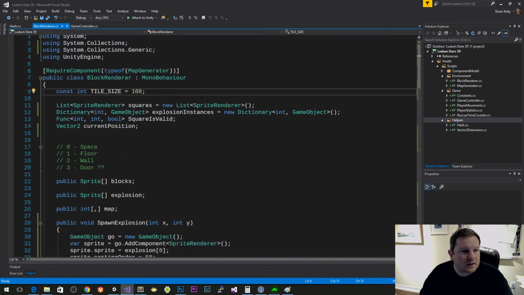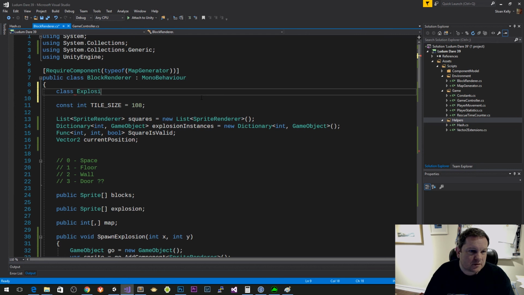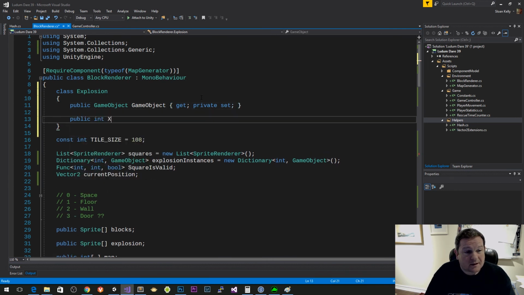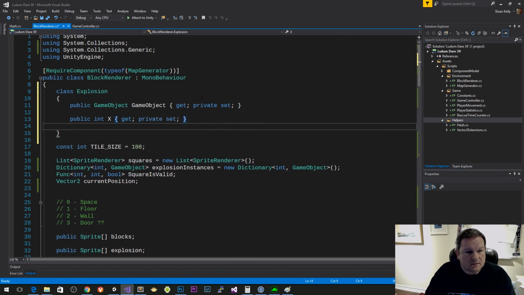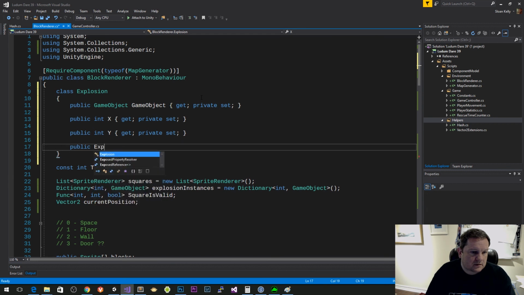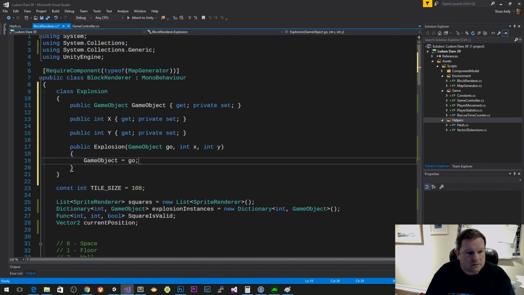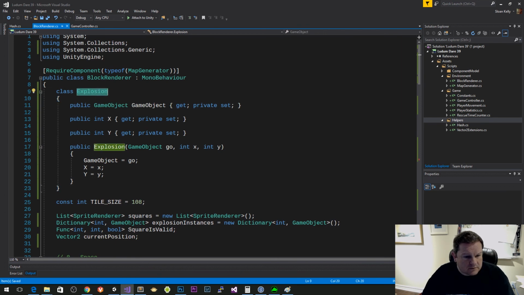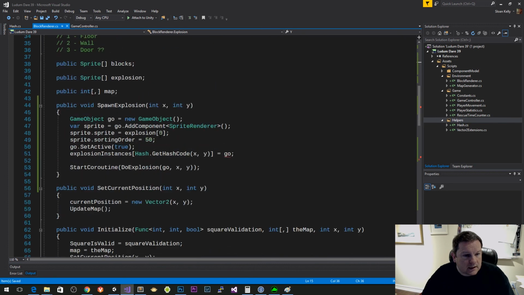So what I need to do is I need to have class explosion, public game object get private set, public int x get set, public int y get private set, public explosion game object geo, int x, int y, and then game object equals geo, x equals x, y equals y, and then instead of game object we're going to make that our explosion, and then we're going to say equals new explosion game object xy,